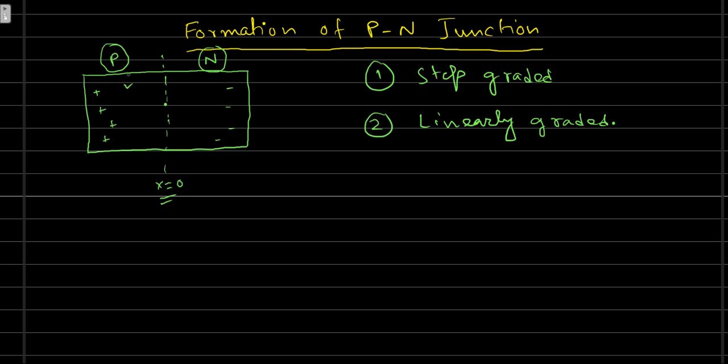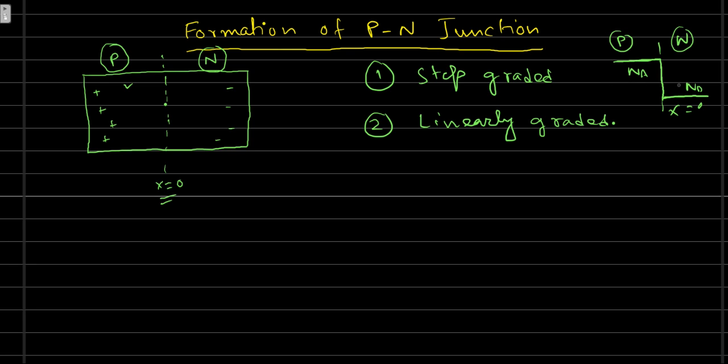If the doping concentration suddenly changes at the junction, suppose here at the x equal to 0 point, the doping concentration suddenly changes from p to n. If I plot the graph, it looks like this: before x equal to 0 it was p with a constant doping concentration, and suddenly it changes to Nd, and here it is Na, acceptor type and donor type. If it suddenly changes like this, then this type of junction is called a step graded junction,